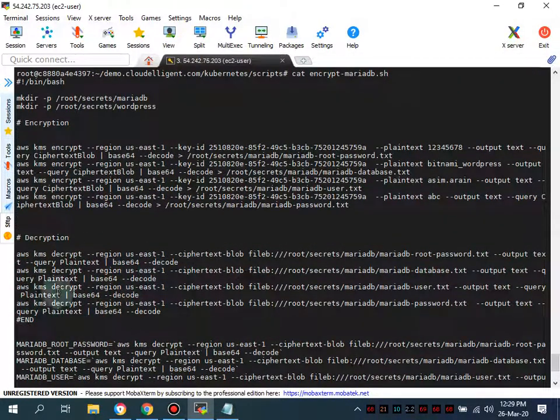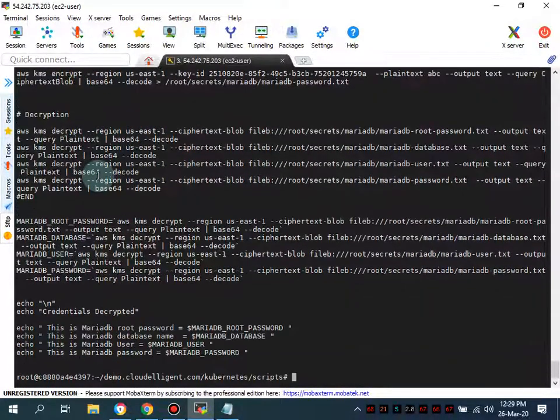I'm going to show you how I'm creating the encryption and pushing these encrypted passwords and usernames to my private repository, which is available for other users as well. These are the plain text passwords I've created. This looks really confusing, but if you run the script,